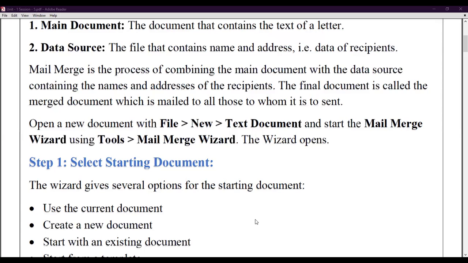And for doing mail merge, you will click on tools. You know where is the tools tab. Then you will find the mail merge wizard, and then you can see the mail merge wizard will open. Student, this is a very crucial topic, and you may get confused also. But you need to focus on screen first of all, and the things which I am going to tell you, you need to note down very